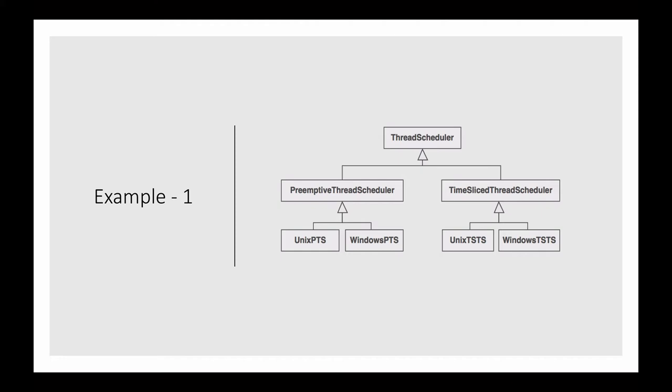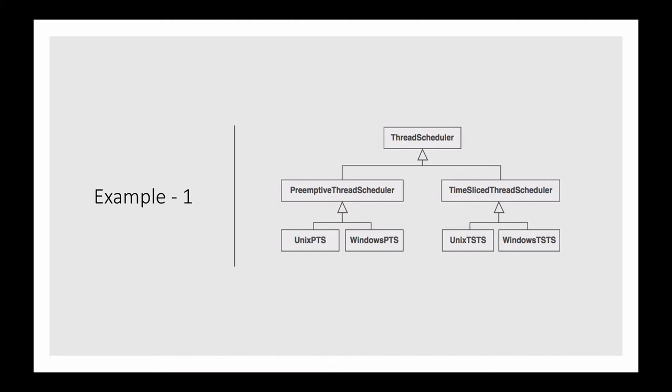So for example, Unix systems have their own implementation of the preemptive thread scheduler, and the Windows system has its own implementation of preemptive thread scheduler. Similarly, on the other hand, for time sliced thread scheduler also we have a Unix based implementation and a Windows based implementation. So up to here this design seems pretty good, but what if,